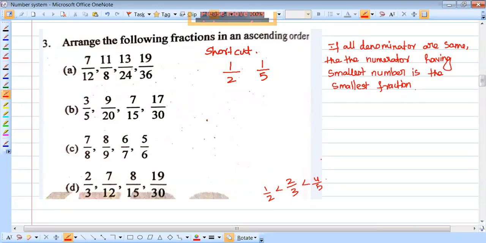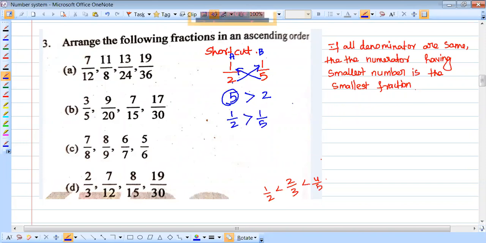So let me tell you one shortcut method. That method will make you understand in a simple way. See here, very simple. First, cross multiply. Here put A, this place is A and this place is B. What is 1 into 5? 5. Write 5 here. Again cross multiply this denominator with this one, 2. Now which number is greater? 5 is greater. 5 is greater than 2. Then 1 by 2 is greater than 1 by 5.